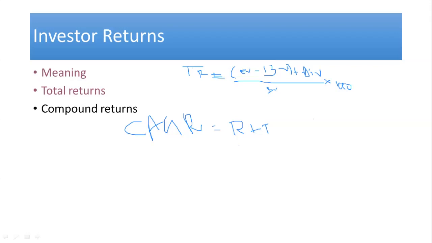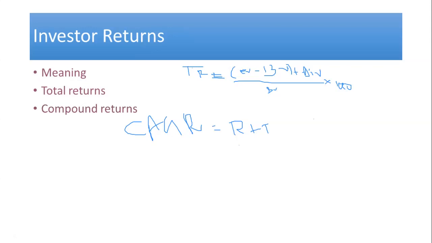In this slide, we had a discussion regarding investor returns. What is meant by investor return, and what are the two types of calculation of investor return: total return and compounded returns. Total return uses the formula end value minus begin value plus dividend, divided by begin value, into 100, which means the opening price and closing price of the particular investment plus the declared dividend are all taken into consideration, and this is said to be the return of the particular scheme. Whereas that is not right, because we use compound returns, which provide the real fact.